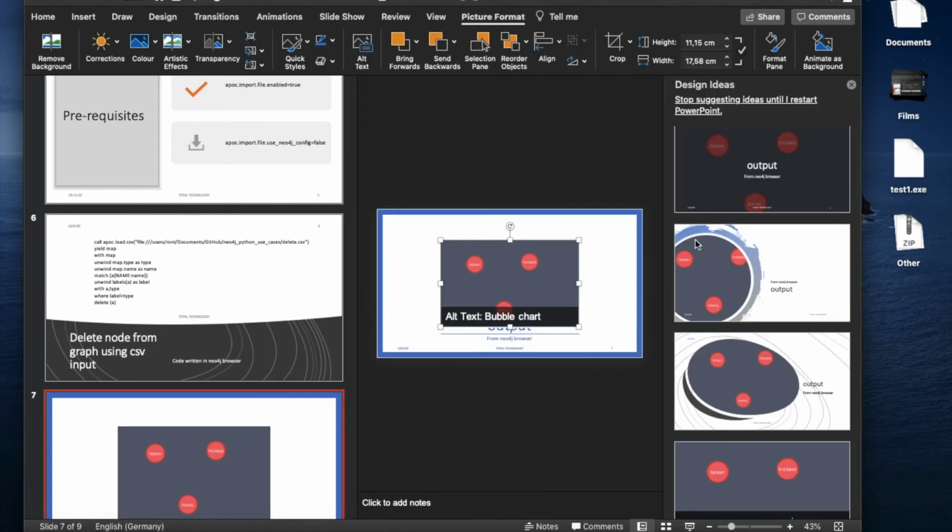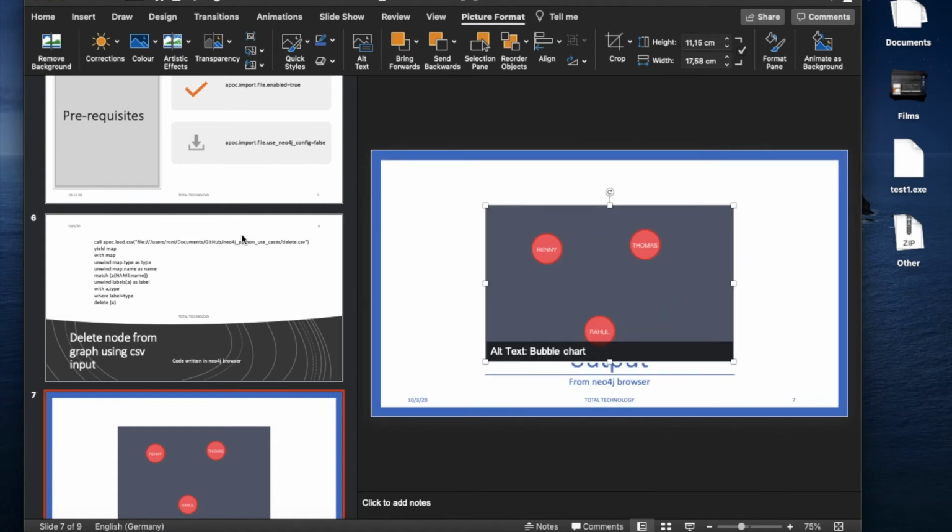Now we'll try to do the same thing from Python. Okay, so we'll try to load the same file, we'll try to delete the same file. So before that I need to create this nodes actually. Okay,